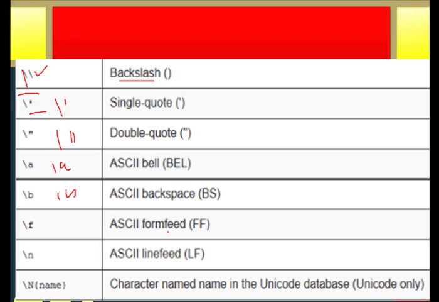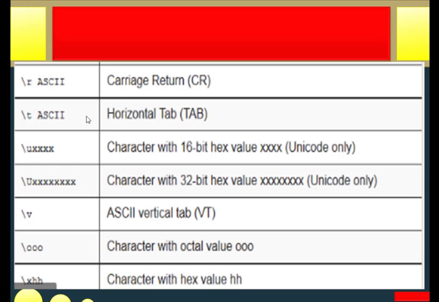Some more are there, like carriage return, written as backslash R. These we call non-graphic characters, which are part of string literals.